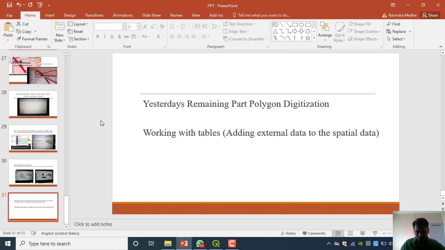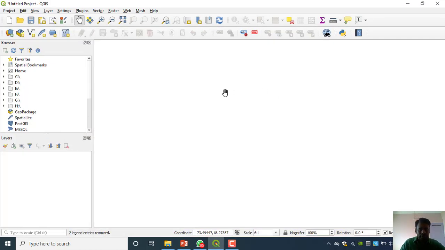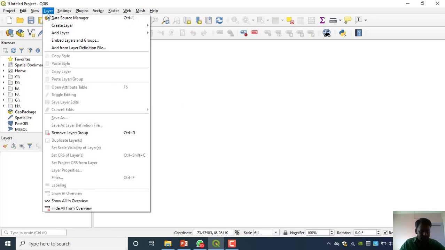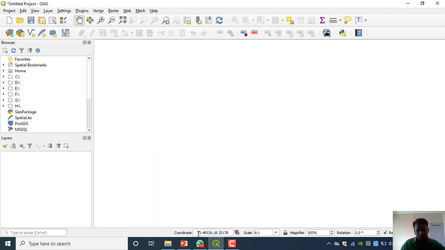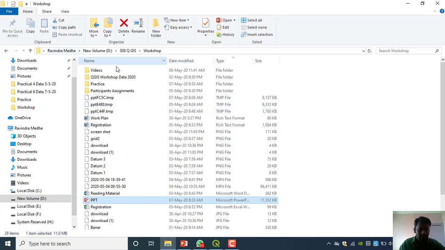Now we are moving to working with tables, adding external data through the spatial data. This is also very important, how to add the external data. Okay, first I have to check where I have saved the data. QGIS workshop.